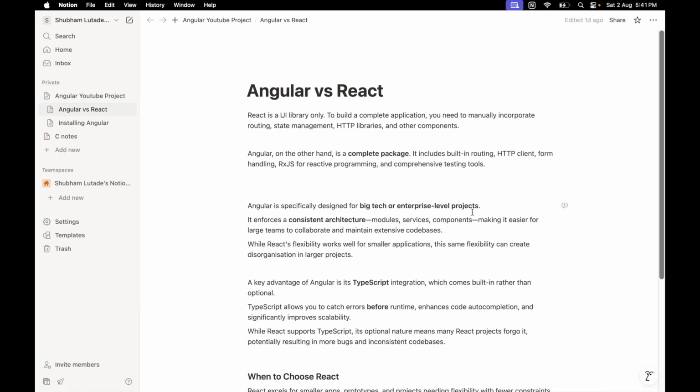I've just noted a few pointers. These are the things which show the differences between React and Angular. So let's talk about the first point, which says React is a UI library, right? So it's a library, it's not a framework. Angular is a framework and React is a library. So when we say it's a